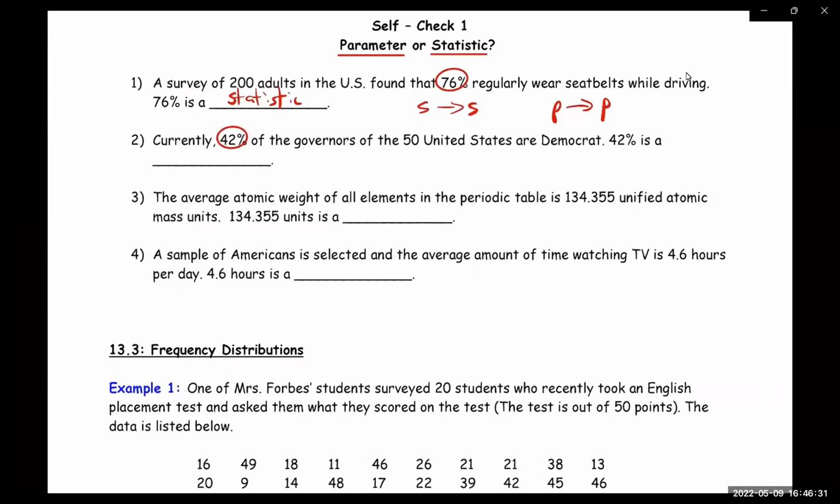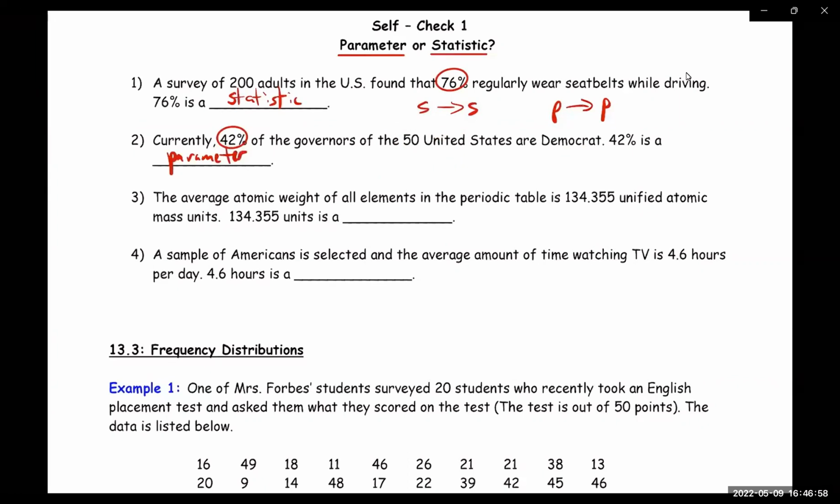Well, there's only 50 states in the US, and they're saying of those 50 states, 42 are Democrat. So is it describing all of the states or just a sample of the states? In this case, it's describing all 50 states. So that would be a population, therefore a parameter,